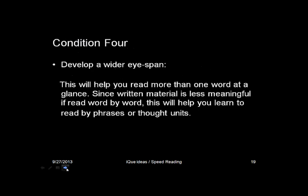Stop doing that. Now, develop a wider eye span. What is meant by an eye span? Well, it is the number of words that your eye can pick up at a single glance and transmit to your brain. There's a wonderful tool available to help you develop a decent eye span, and that's the daily